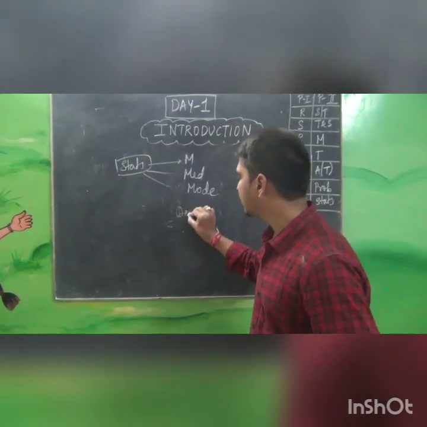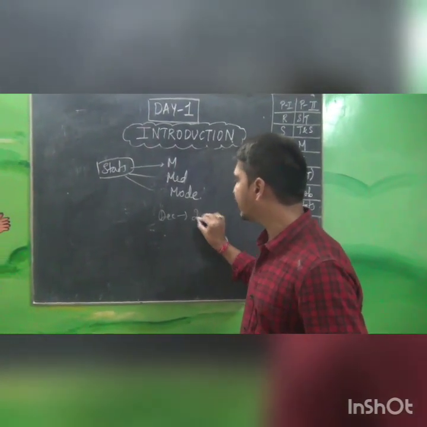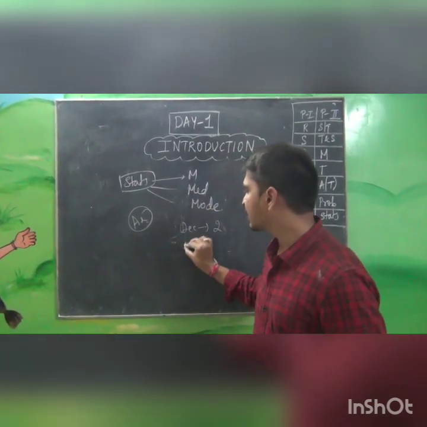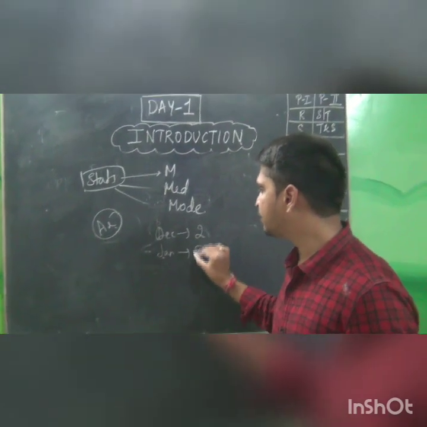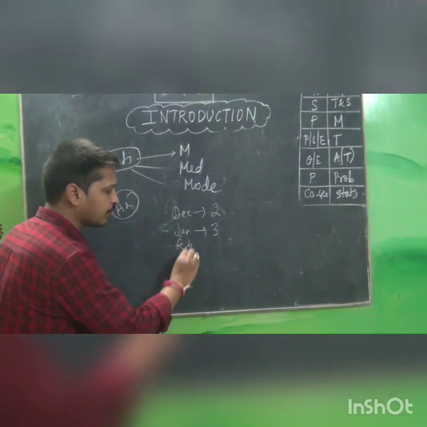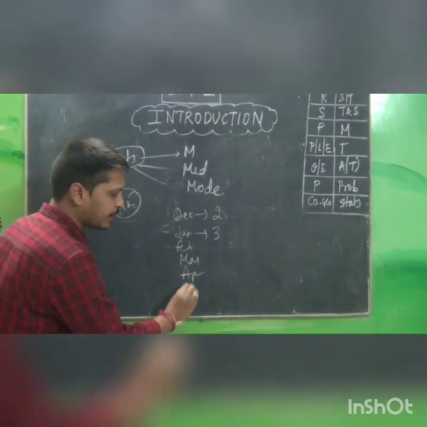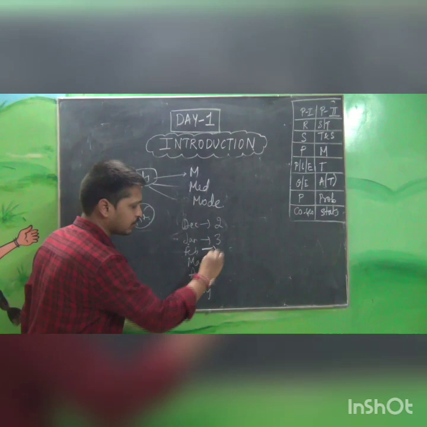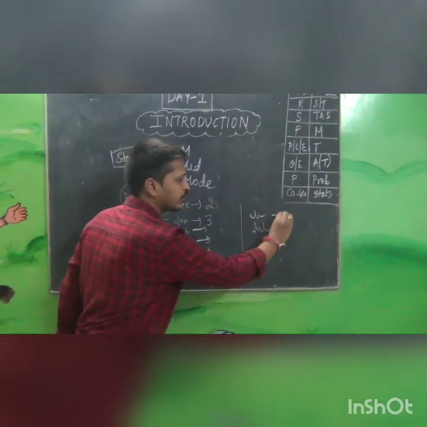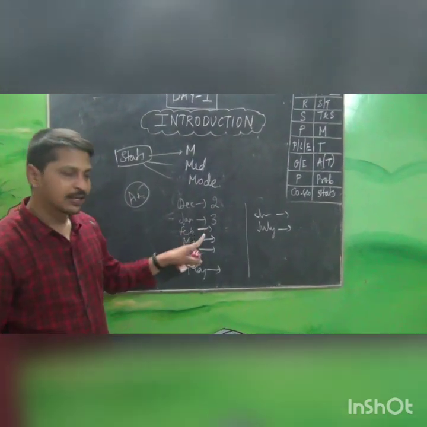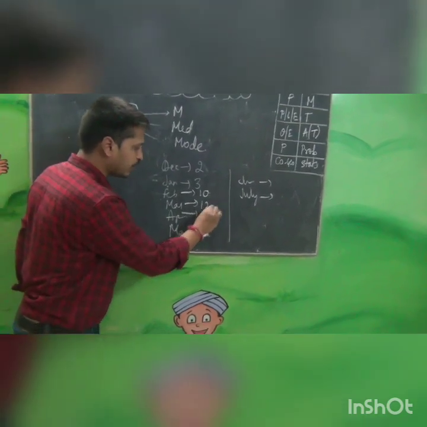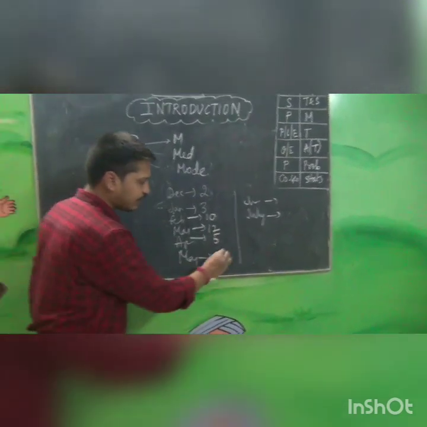Let's take a small example. In December, 2 COVID-19 cases are there in so and so area. Next, in January we have 3. Then we have a few more months: February, March, April, May, and next June, July, like that. Now if you analyze the trend, let's say in February we have 10 cases, in March 12, then 5, then 6.